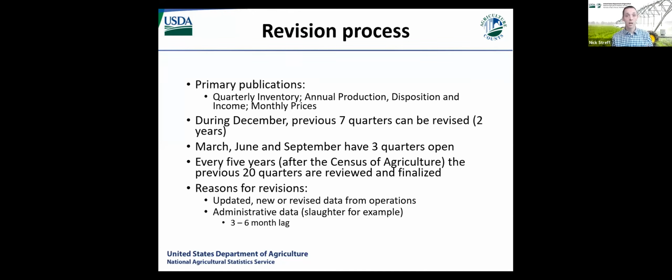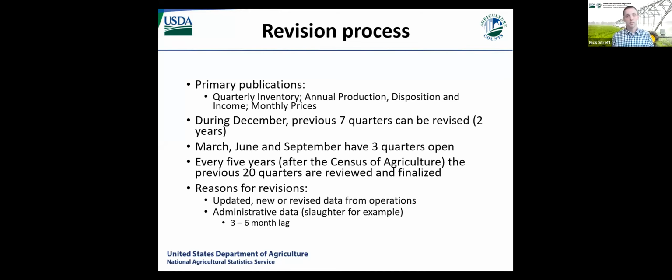and the biggest source of our administrative data is slaughter. If you think about the US slaughter metrics, 95% of the hog slaughter is federally inspected. So we have very good, accurate numbers to look at when it comes to hog slaughter. And that other 5% is covered. NASS does a monthly slaughter report for the non-federally inspected slaughter. So we have very good numbers in terms of what's come through the slaughter plants.